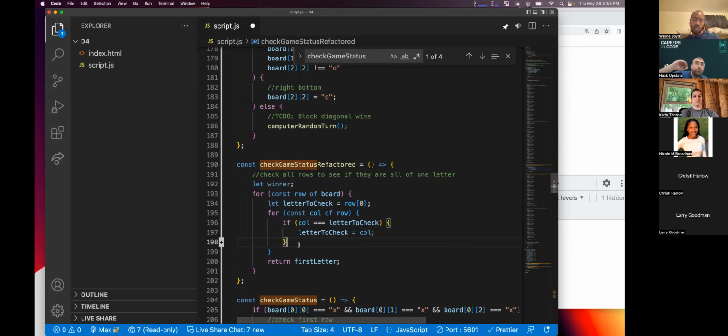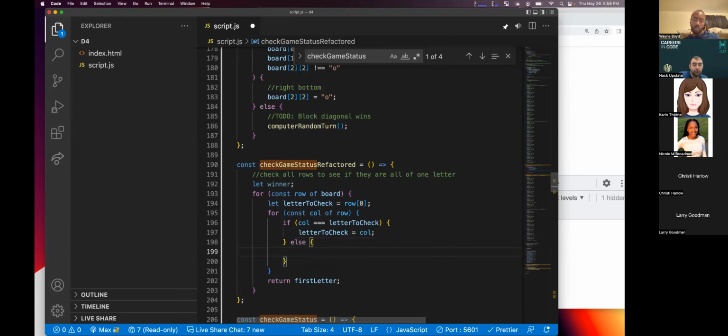Because at first we're comparing the first one to the first one. Those are obviously going to be the same. Then we go through to the second one and we try and compare the second one to the first one. If that is equal, then we set it in and check the second one to the third one. And if it's ever not true, then break out of this loop and try and check the next row.